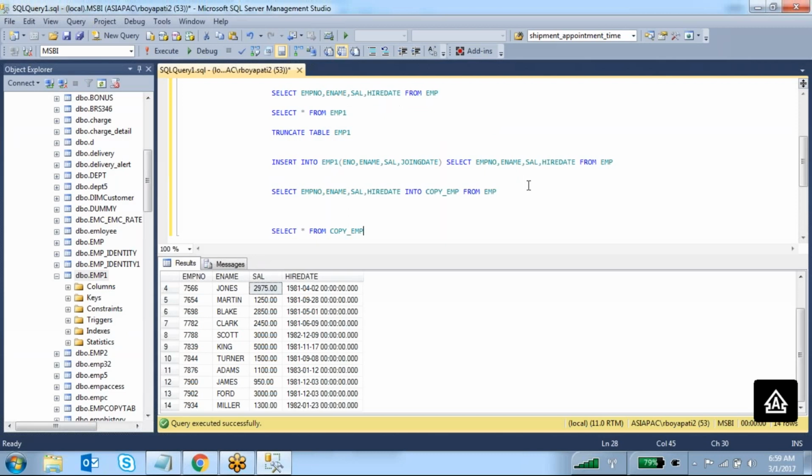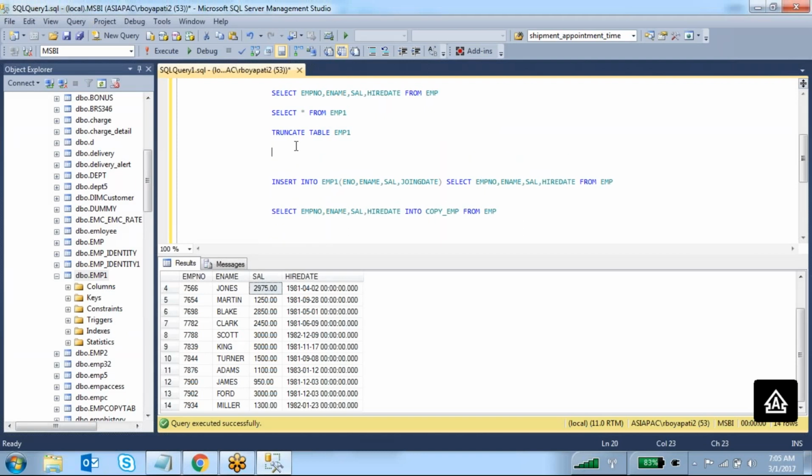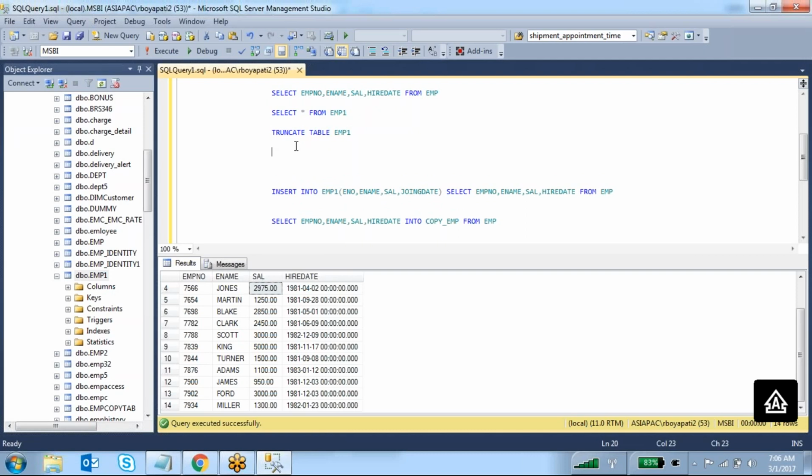These are the two statements very important in SQL Server. Even in interviews they will ask questions this way. What is the syntax for insert into from another table to a different table? How to insert data from one table to another table in SQL Server? And another one is, I don't have any table, so we have to create a table and insert the data.